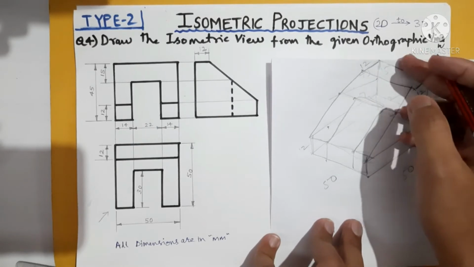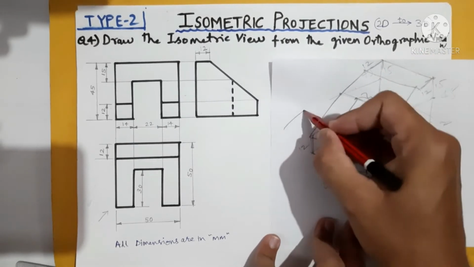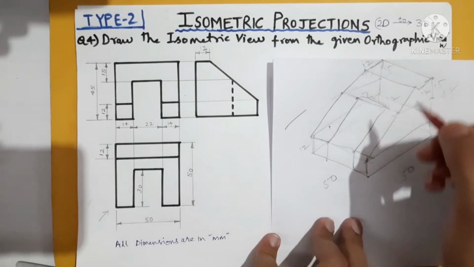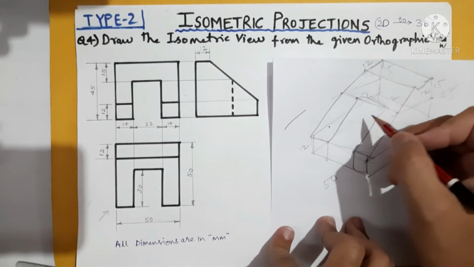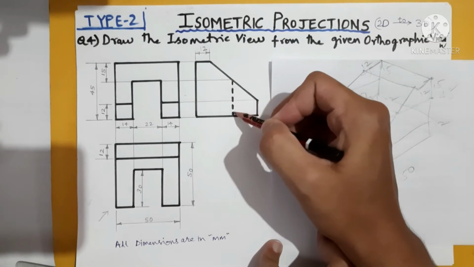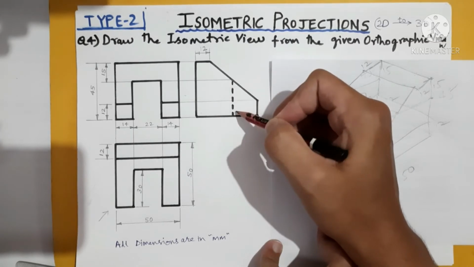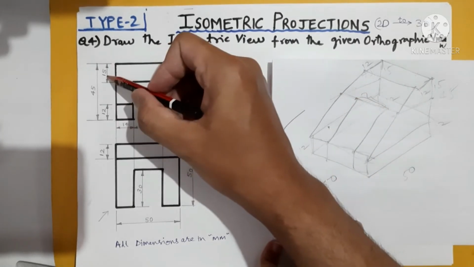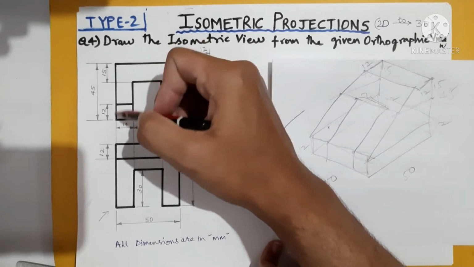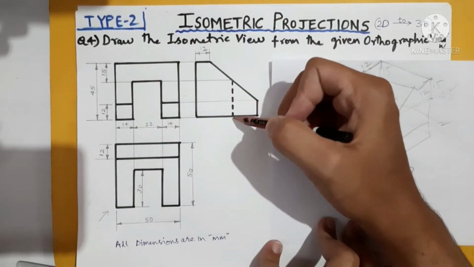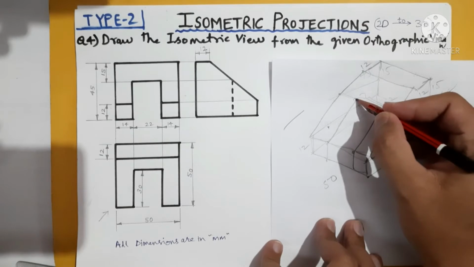In the main diagram if you are doing error, then impression of pencil, even after erasing this line will be there, impressions. So here again one more thing, here to here how much depth you are having? 45 minus 15. So how much left? Here to here it is 15 mm down. So from here you need to go 15 mm down.